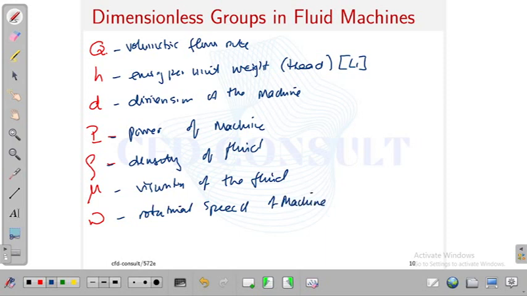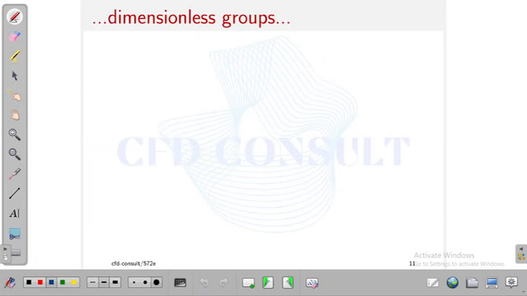We note that the dimension of the machine is a length characteristic, and the energy per unit weight is also a length. So to avoid confusion, we usually use energy per unit mass instead, which is gH, and this will now give us a different dimension. So for a typical flow within a machine, we can say that